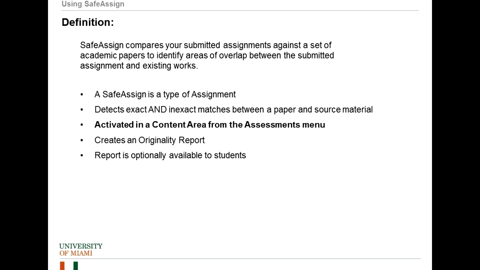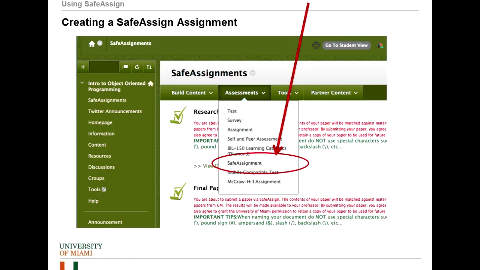The next part: SafeAssignments are activated in a content area, and you create them from the Assessments menu. If you are in a course, you can create a content area. In this case, I've created a content area called Safe Assignments. Once you click on that, you'll see a SafeAssignment area, and the menu will include several choices, including the traditional Assignment right here, and then SafeAssignment over here. If you choose SafeAssignment,